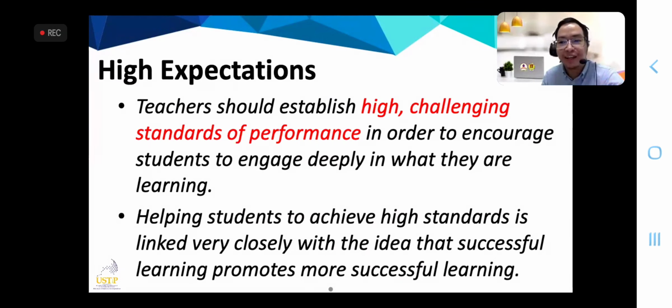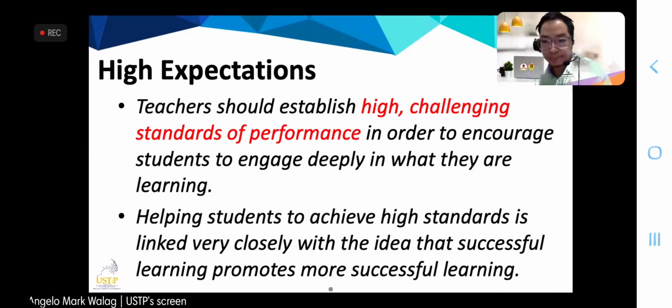We were taught that information matters, di ba? Our books, I have a biology textbook here, a chemistry textbook here. They're very thick because they contain a lot of information. And not all information would be needed by the student every day, or if they will graduate and become professionals. There is some information that is nice to know, meaning they can Google it, they can search it, but it's not really essential. So yes,